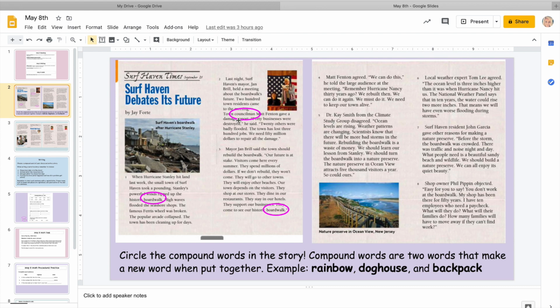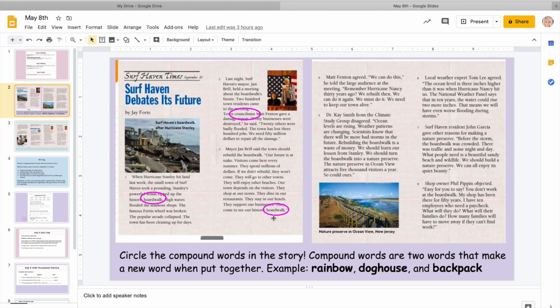The next one I came across was councilman. If you look here, the first word would be council, and then the second word would be man, and then when put together, that is councilman. And then I found boardwalk again. So some of them are going to be duplicated,